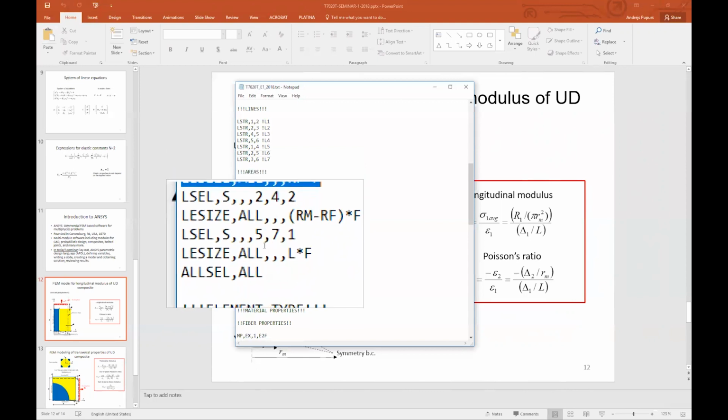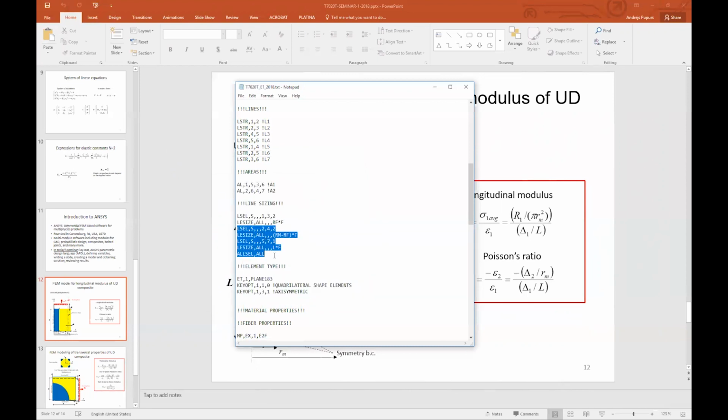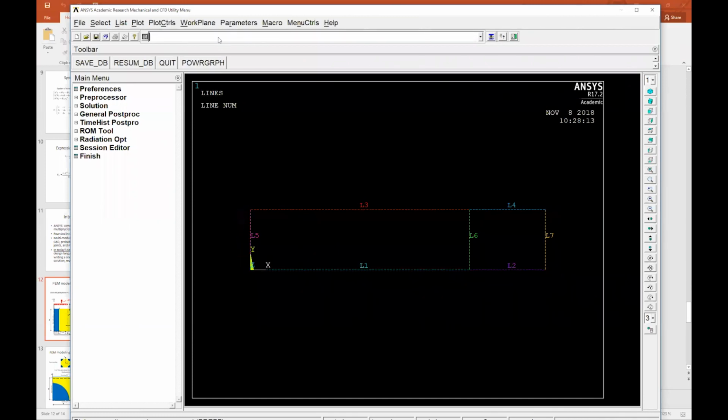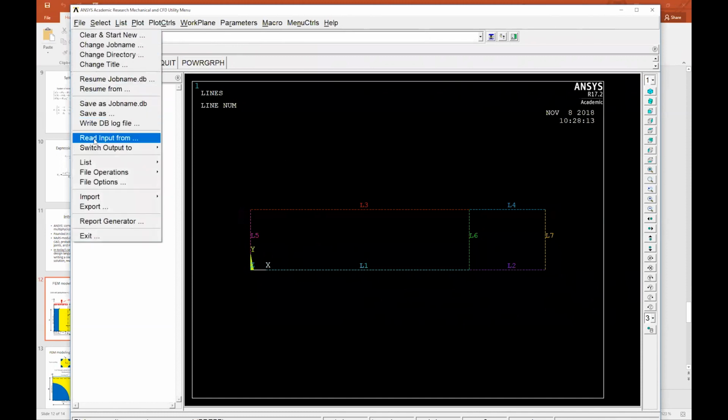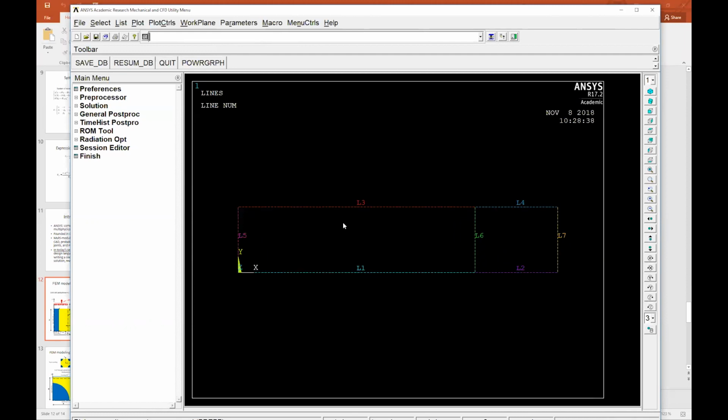And so we just repeat this procedure for all the lines. I can copy paste the remaining lines of this code in the command window. Normally this is not how you work, pasting commands here. I'm doing that only so that you see the effect on screen, otherwise it may be quite difficult for you to follow. Normally you just write the code, and even if it's not finished, you can read input from it. That's much more efficient than copy pasting here. So now you can see that we have all our lines